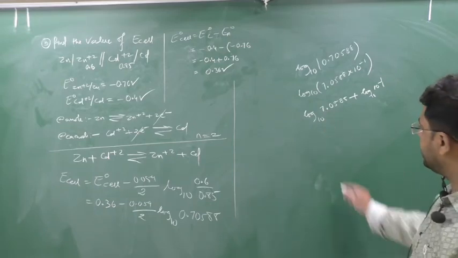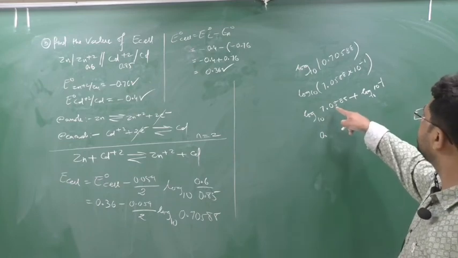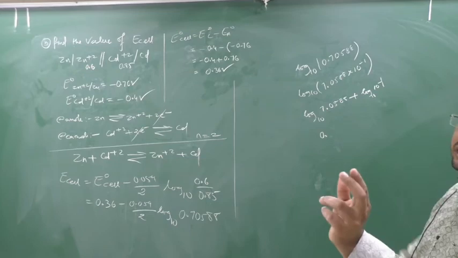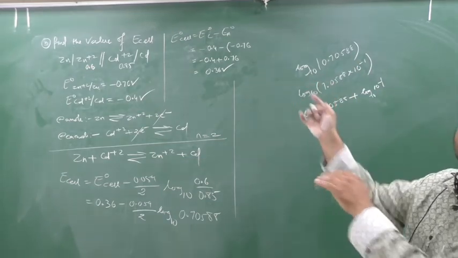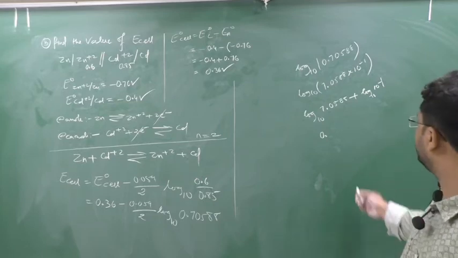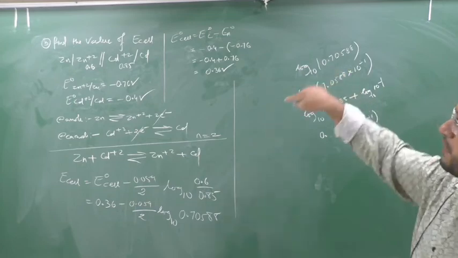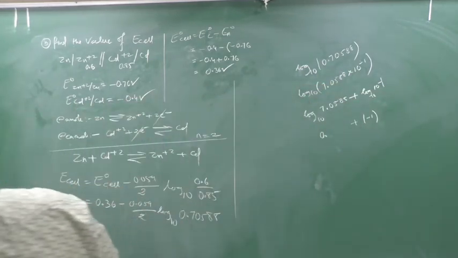So 0 point, you write down here certain 0 point, then open your log book and find log 70. In that 70 you see the 5 slot and then you see the 8 difference. Now you should know the log, you should know how to find the log value. And log 10 to the power minus 1 means here minus 1, because log x to the power n means n log x, this you know.